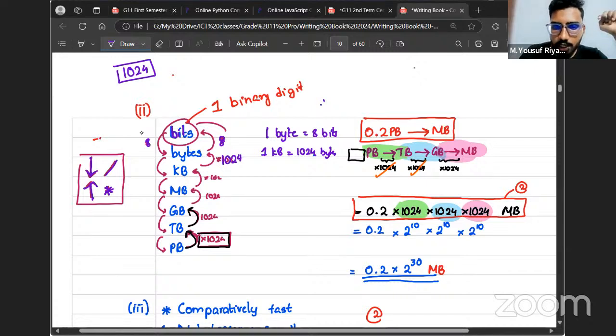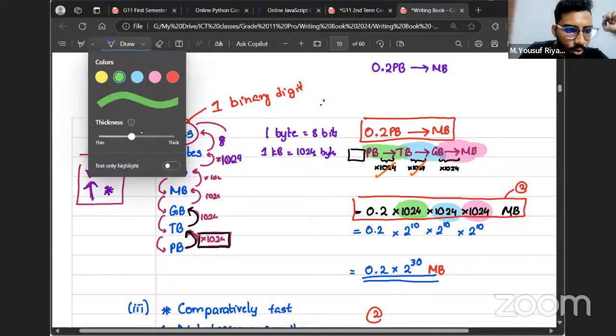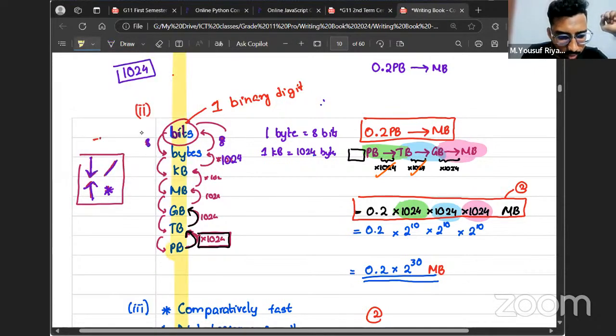So if you notice here, the question asked us to represent 0.2 petabytes in megabytes, right? So for me to go from PB